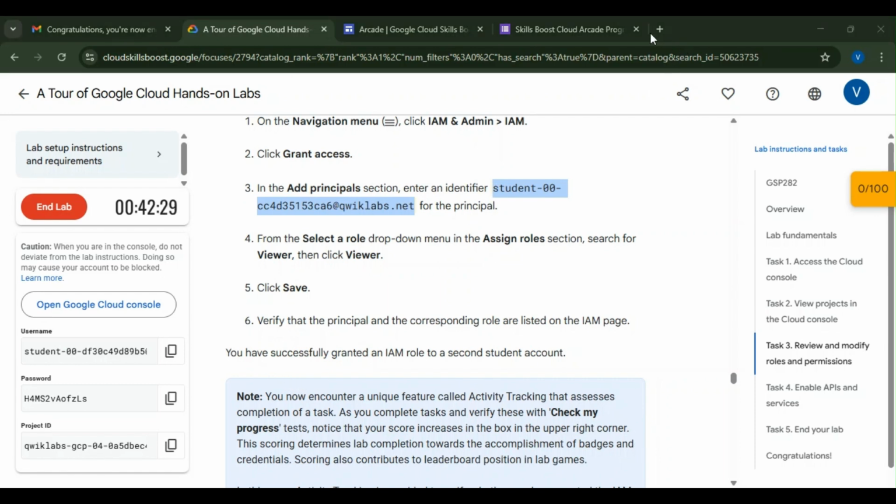Here click on the grant access button, and here paste this code and select the role as viewer. Save it. After that, here go in dialog below. Dialogflow API. Click on the enable button,